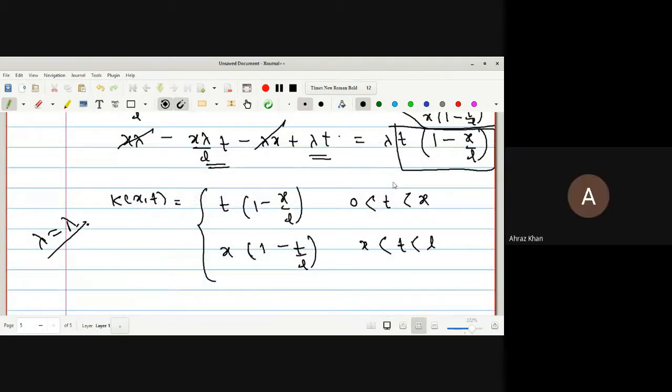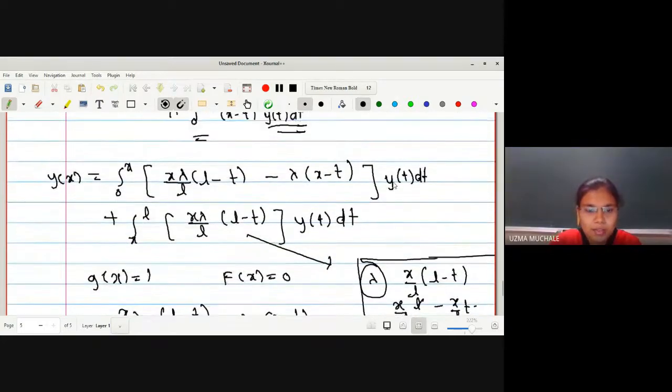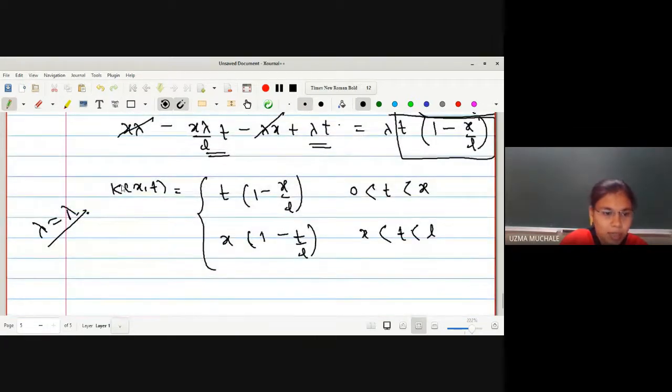मैम लैम्डा कहाँ गया वहाँ पे फर्स्ट टर्म में? That's why I told you here we have the lambda is common now. यहाँ पे भी lambda है, यहाँ पे भी lambda है, यहाँ पे भी lambda है. Correct? So this lambda we can keep outside. After keeping it outside, we can say the value of lambda is nothing but lambda itself. Correct? I have written here lambda is nothing but lambda.